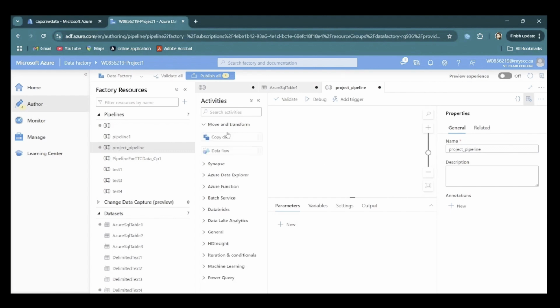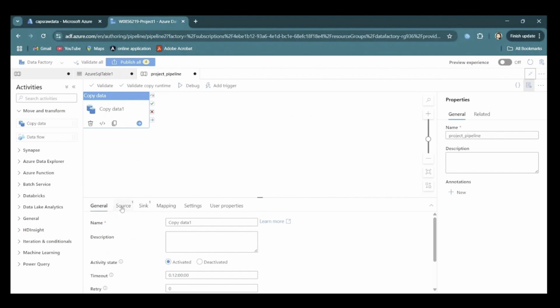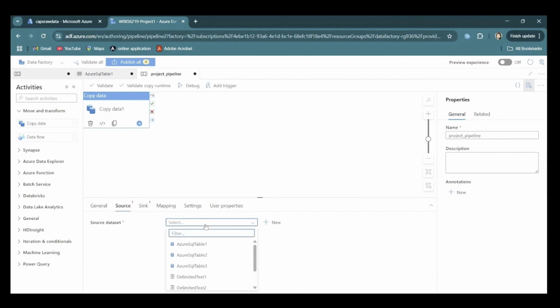To move and transform the data, we have to use copy data activities. Further, I'm dragging copy data into the canvas. And next, I'll go to the source tab. Here, I'll configure the source dataset. I have already created a linked service that connects to Azure Data Lake storage. I'm selecting a CSV file here